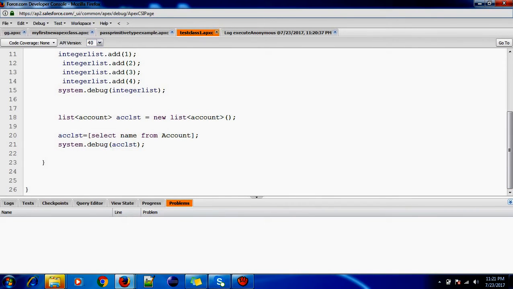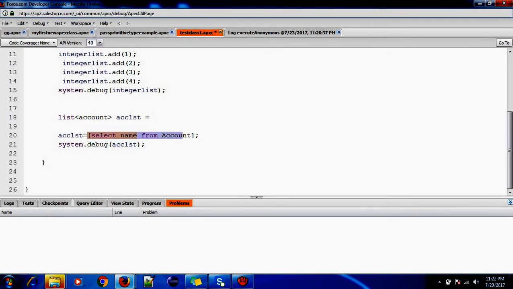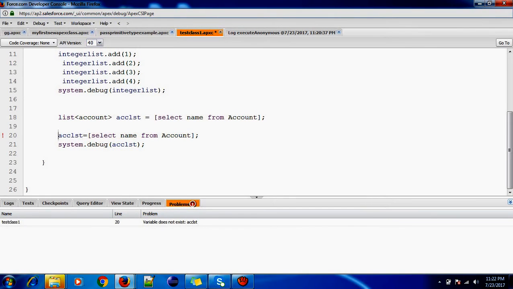So here we have taken list of account. ACC list is equal to new list of account. And in this ACC list we have added records, this is one way of adding. If we don't want to initialize a list and want to add it directly, then we can remove this, and just copy this and paste it here.